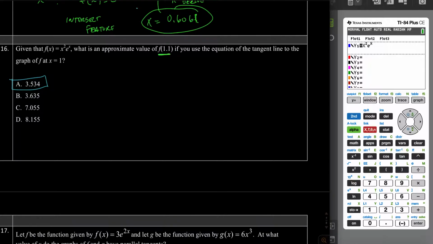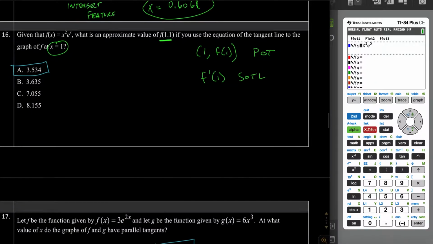So if we're approximating 1.1, we want to make the tangent line close to that. So our point of tangency is going to be 1. So we know that 1, f of 1, will be our point of tangency. And then we know that the slope of our tangent line will be f prime of 1. So if I write out an equation, without actually doing this, because the calculator is going